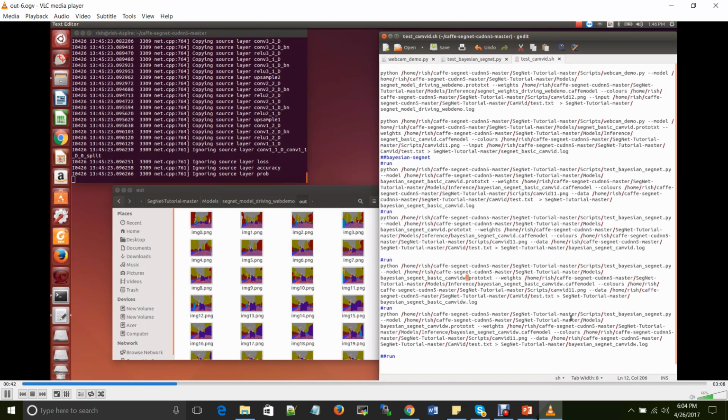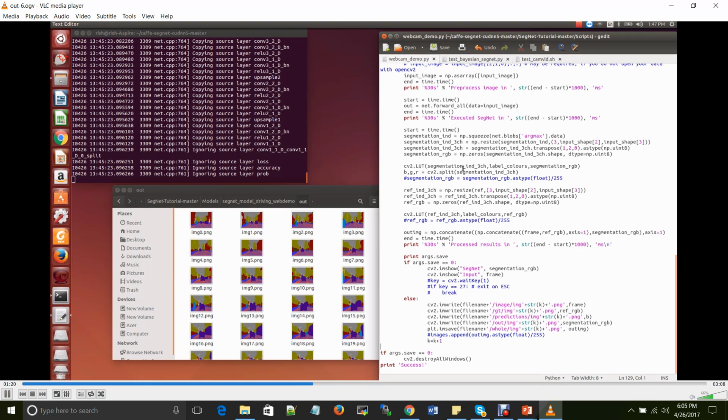It is to be noted that we have already given a test script run of the first webcam decoder, and it takes at least 25 to 30 minutes to run this decoder in this case. The weights are given in the inference folder path by a caffemodel. The color is pointed out by the CamVid 12 set, and input is given by test.txt. So the model is saved, and the inference profile is in a SegNet webcam model driving web terminal log. For SegNet basic, the CamVid palette is different because there are 11 classes only. The webcam demo here